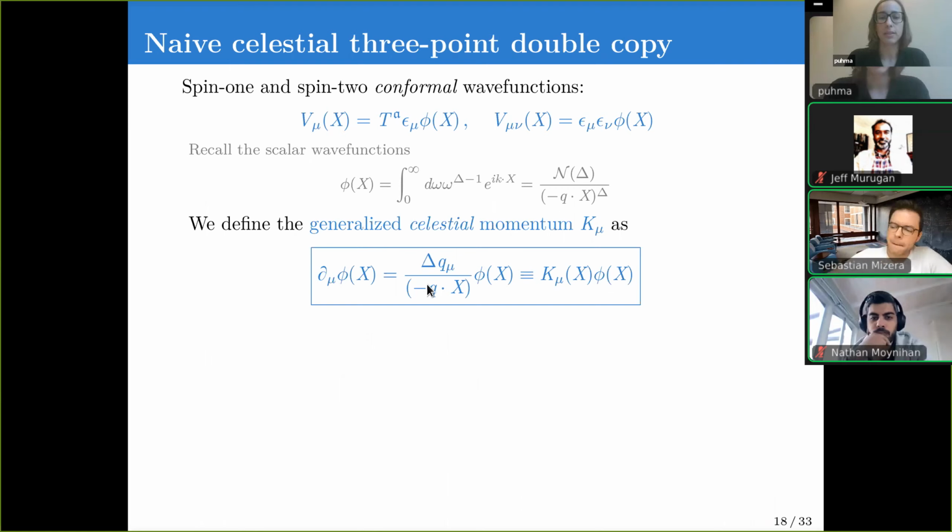the celestial version of the higher point amplitude should again be given by a similar expression in momentum space, where the little k's are replaced by capital K's and the plane waves by phi's. And then I think the story should just go through in the same way. You replace all the capital K's by the operators, then you square that and you use a bunch of integration by parts. Is there a reason something should go wrong? No, it's just that you have to use IBPs a lot of times, and it's not prescriptive how to do that,